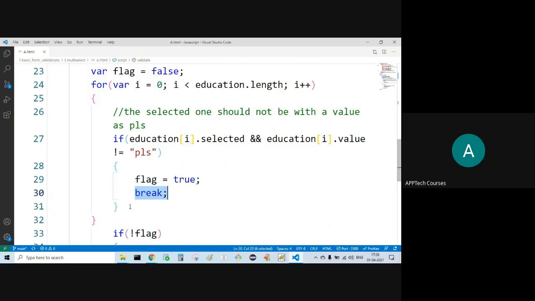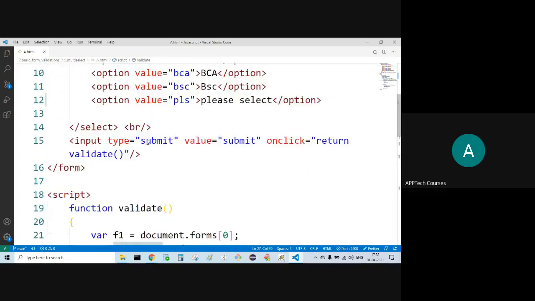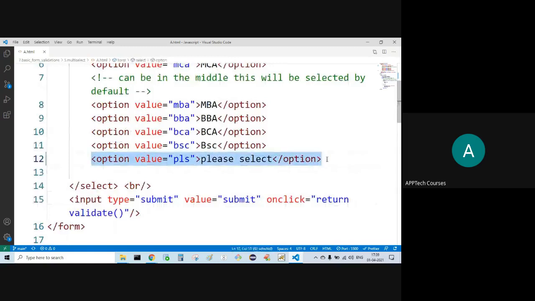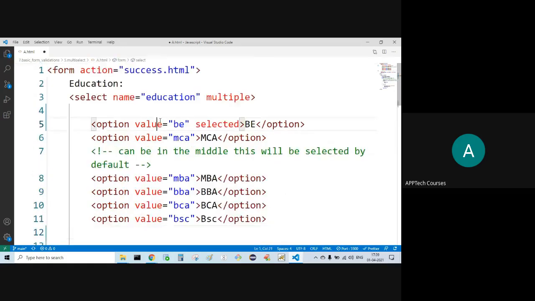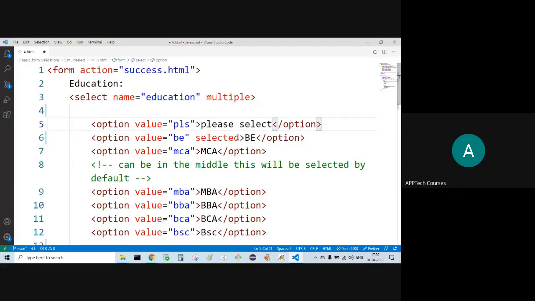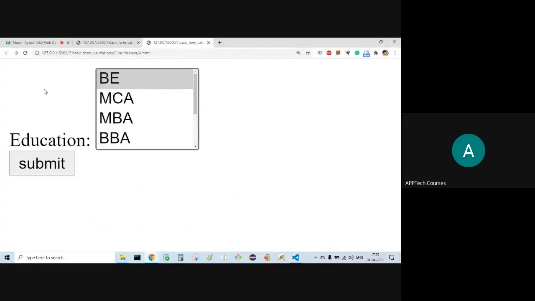These both are different. Which one? See, simple. Nothing is there here. See here. Let me change it to first option itself. Refresh.